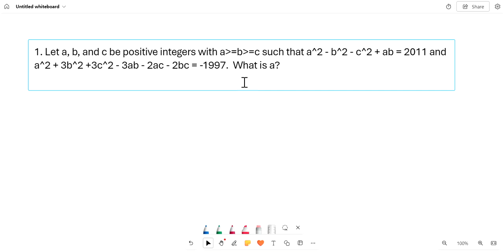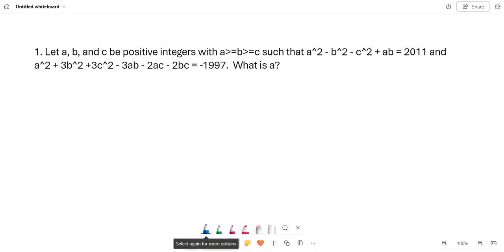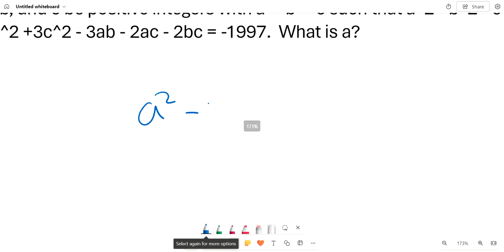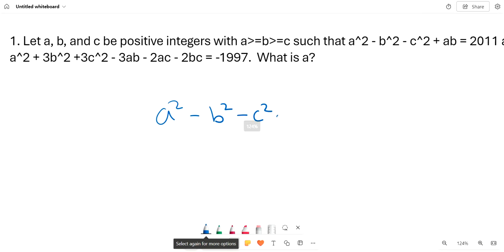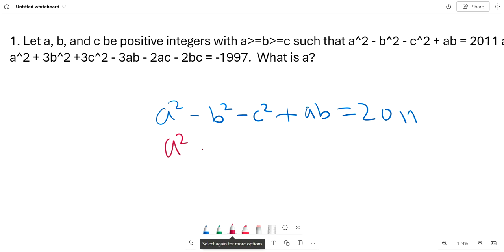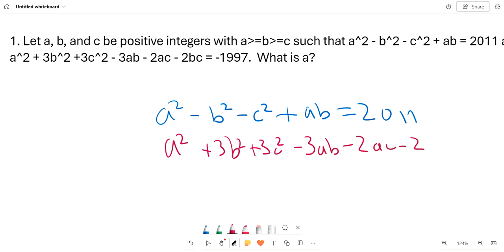So we look at these two equations and we write them down because you can't really tell from the typing. So it's A squared minus B squared minus C squared plus AB equals 2011, and A squared plus 3B squared plus 3C squared minus 3AB minus 2AC minus 2BC equals negative